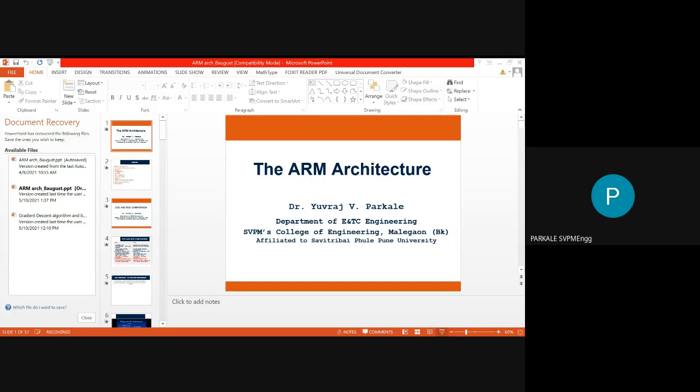Then we have to see what is ARM7 TDMI nomenclature. Then we have to see the architecture of ARM, different register sets available in the ARM, that also we have to see. Then there are two types of status register. One is called the current program status register and another is called the saved program status register. So these are the status registers that will give you the status of any result or any current operation, like your flag register in 8051.